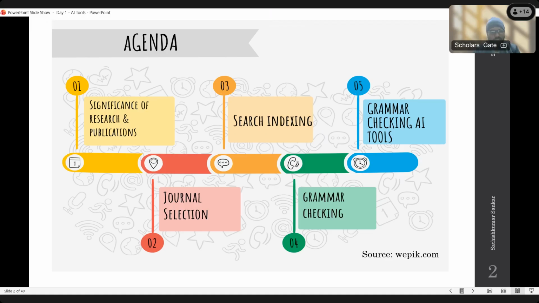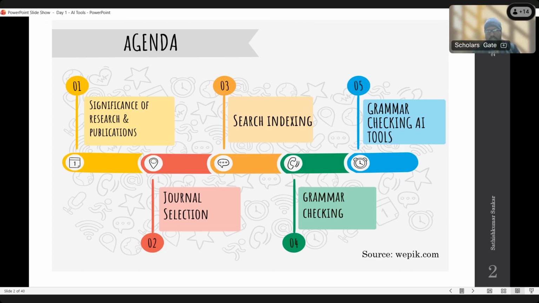There are different types of journals. We can go through the front door, not the back door. So how can we do that? What categories do we need to know about journal selection? What should we know before journal selection? When should I select my journal? That is the big $1 billion question. Some researchers say that once the article is completed, you can select the journal. Some say before writing the manuscript, you should select your journal, then write according to the journal guidelines. What is the best approach? I will let you know one by one.